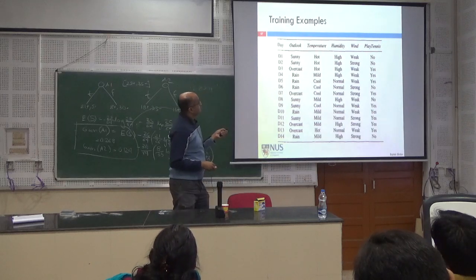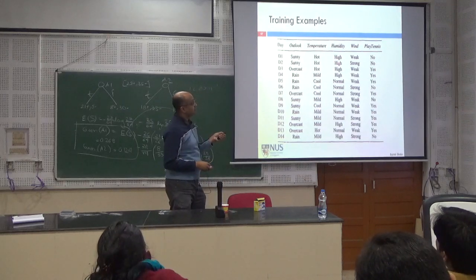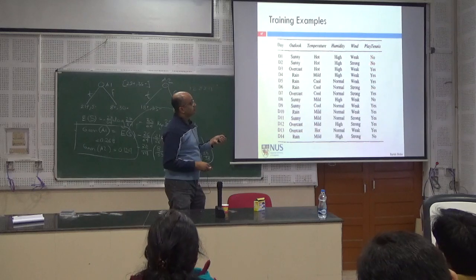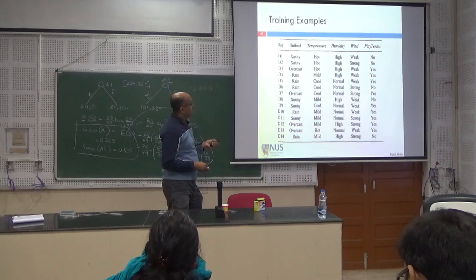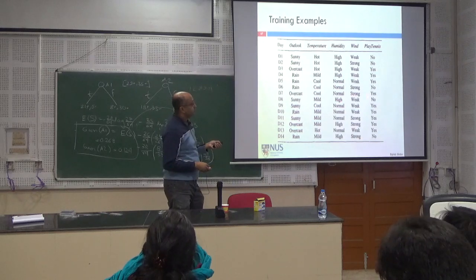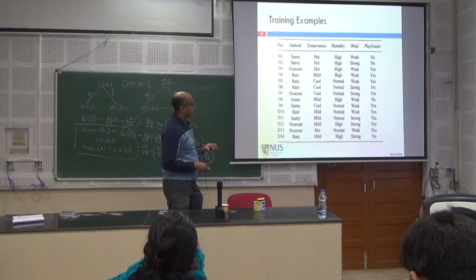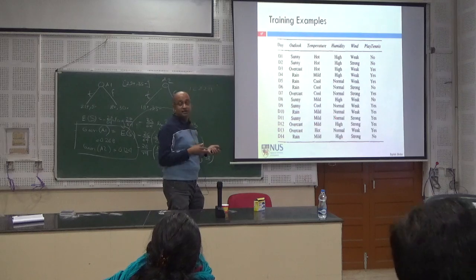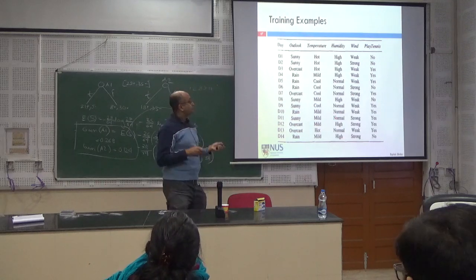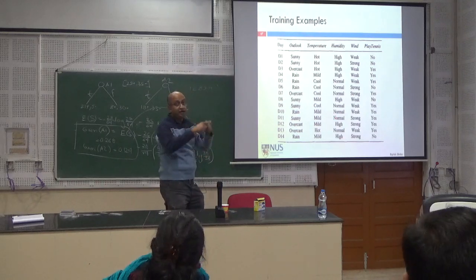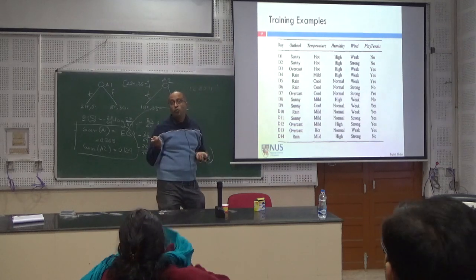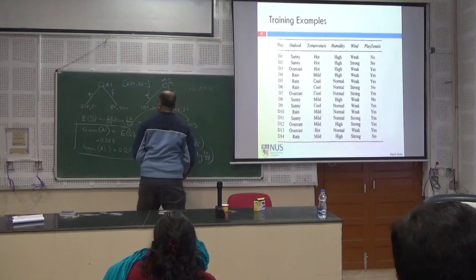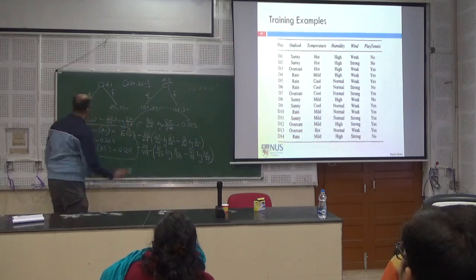1 and 2, humidity is high. No. Right? 8 and 9, humidity is high, answer is no. 11, doesn't care. Right? So what it says is, whenever the humidity is high in this subset of samples, answer is always no. Right? So if I were to draw that thing here,